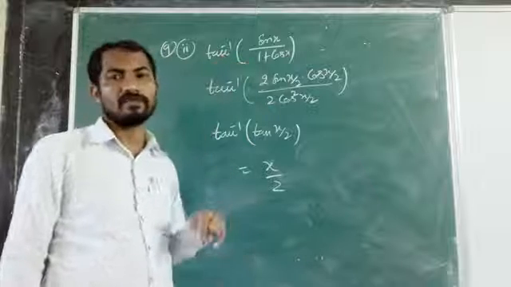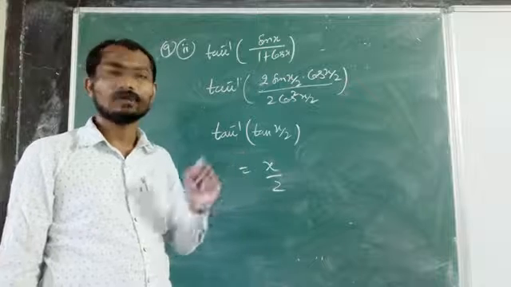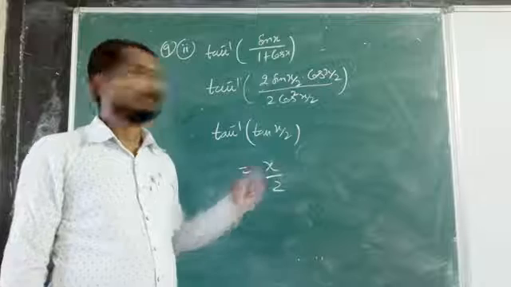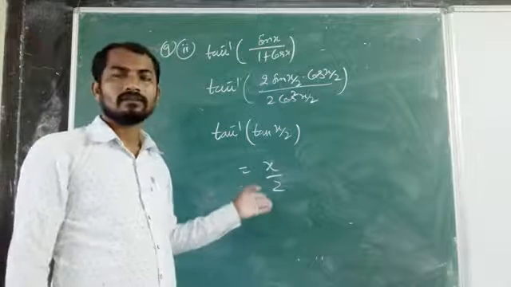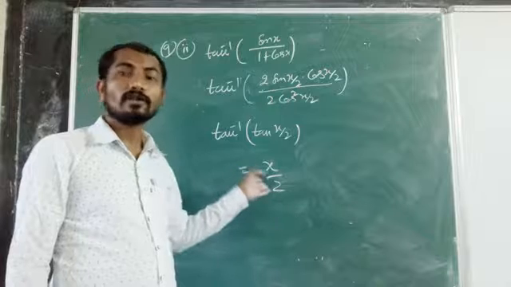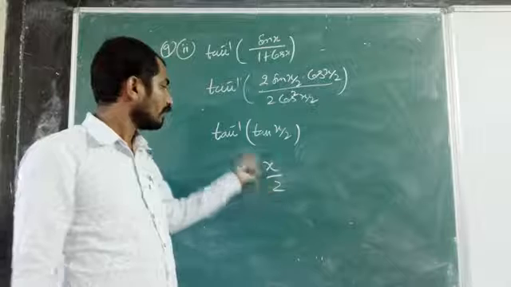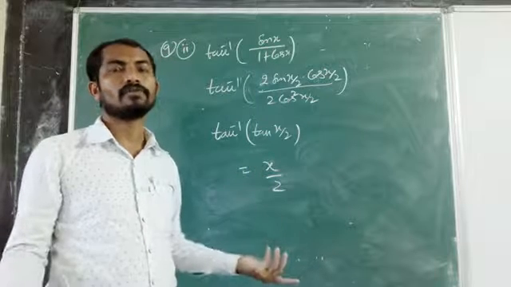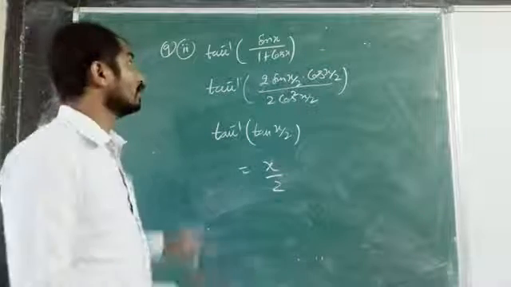Now we have to take the derivative. After simplifying, you are getting it very easy. After simplifying, you got one function, and it is very easy to take the derivative of it. Let's say it looked complicated, but after simplifying, what function did I get? x by 2. The derivative d by dx of x by 2 is how much? 1 by 2. It is so easy.